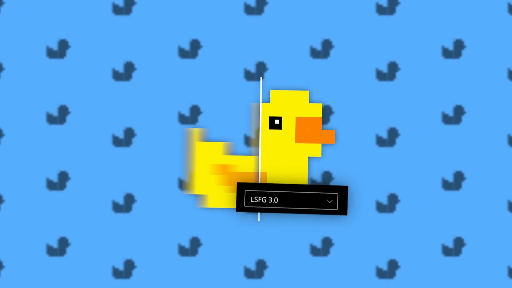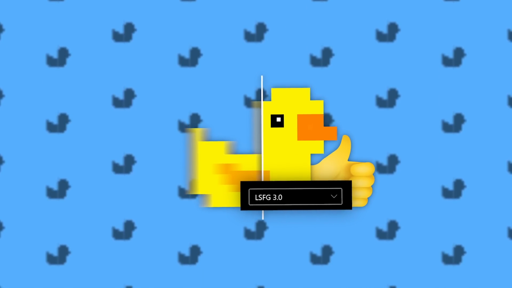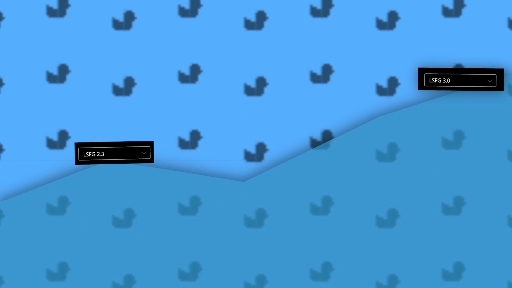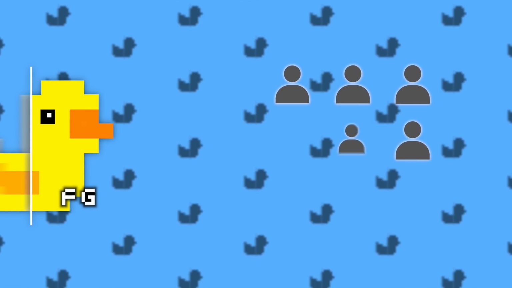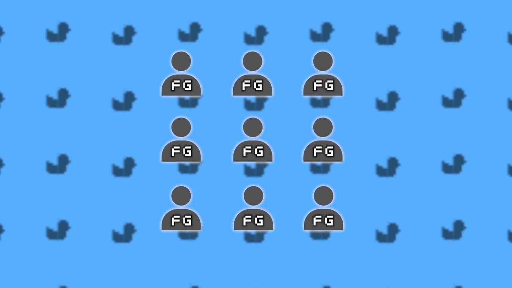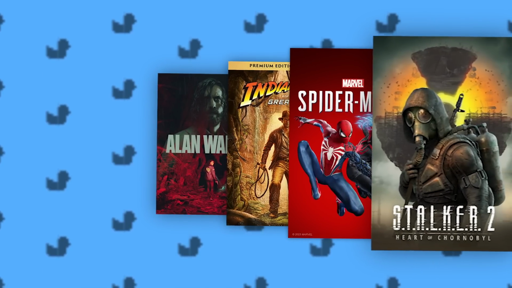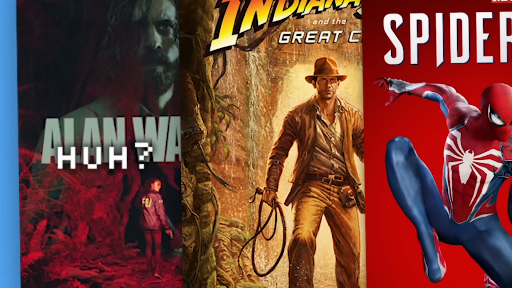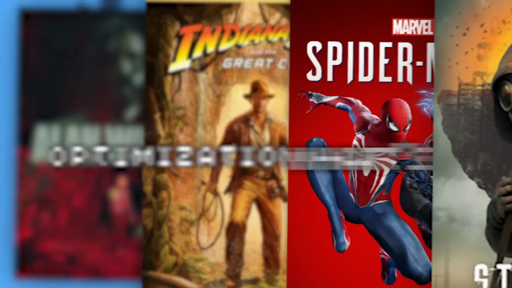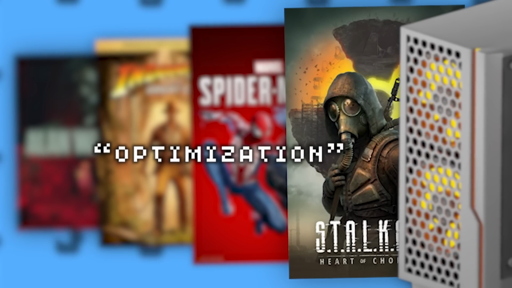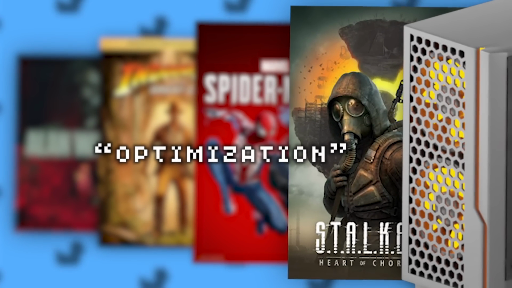In conclusion, LSFG 3.0 is a fantastic addition to the software, offering an overall improvement over the 2.3 model, making Lossless Scaling ever closer to bringing a great universal frame-gen option to the masses that, unfortunately, at least in my opinion, is becoming quite a necessity to enjoy AAA games without needing to invest in a high-end system, as game developers grow increasingly reliant on upscaling algorithms like DLSS or FSR as their way of quote-unquote optimizing games rather than actually optimizing them.